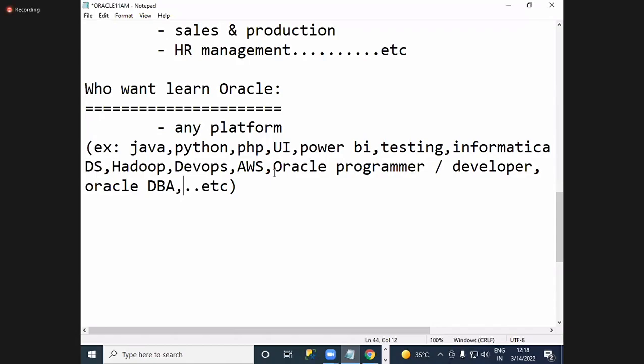But when he got to the development level, he wanted to interact with some queries, and he didn't have database knowledge. He faced so much problem in the development area. Every day the team lead was shouting at that person.